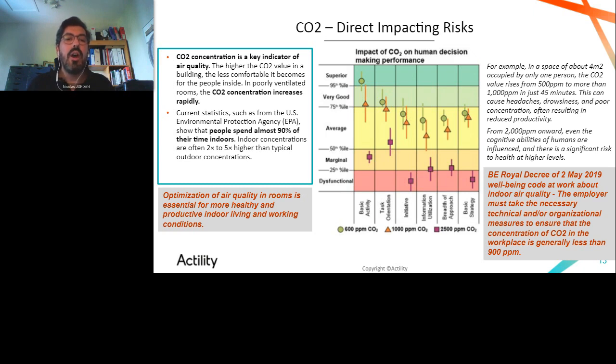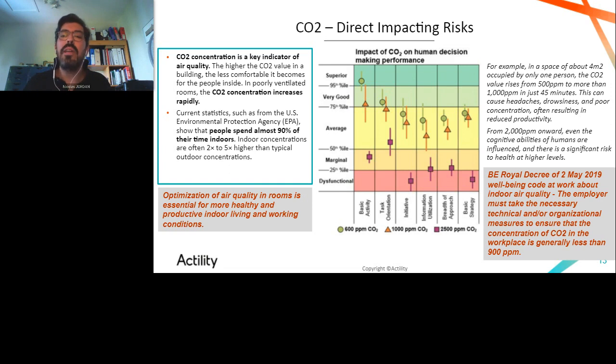So optimization of the air quality in the room is essential to really increase the productivity of the workers. In that graphic here, you can see in that line the type of task that can be done, regarding the concentrations, the parts per million of the CO2. If you are more on the top, you are able to manage nicely all the potential simple and complex tasks for the end user, and the lower the quality of the air is, the less efficient you will be.